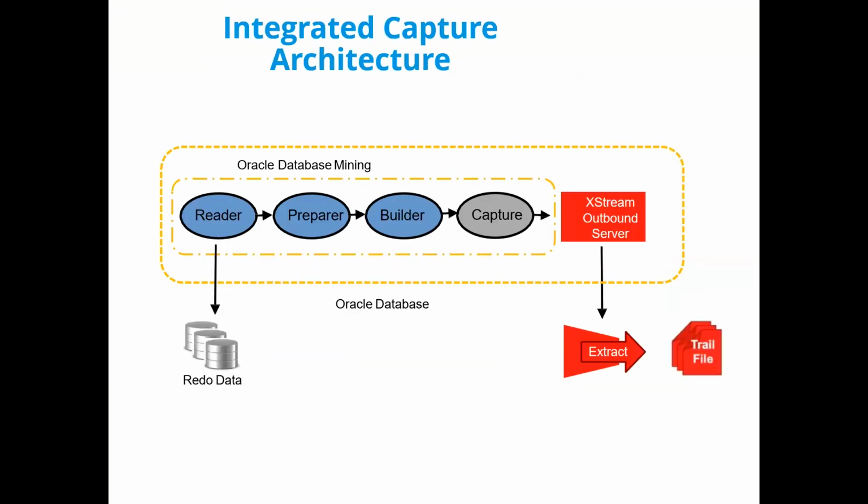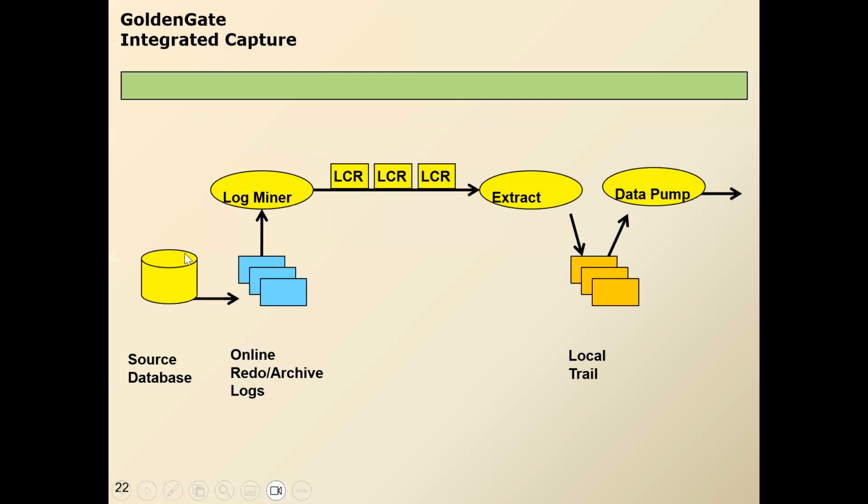Internally, this is the integrated extract architecture. This is how your integrated extract works. Internally, there are 4 processes. Again, this is just for your knowledge and information. On the LogMiner database: when you set up integrated extract, you don't have to create a separate LogMiner database. You don't have to do anything. It's the normal GoldenGate configuration you will be doing. Once you register your extract process with the database, the LogMiner build will happen automatically. You will see this when we set up Oracle GoldenGate.